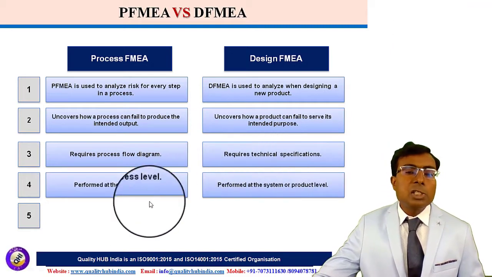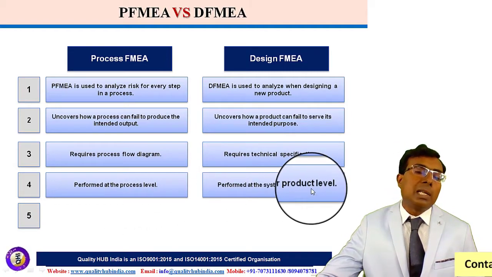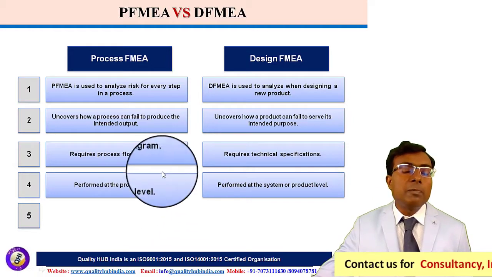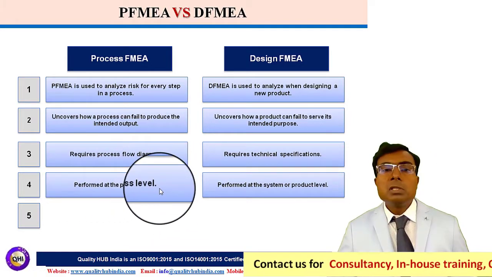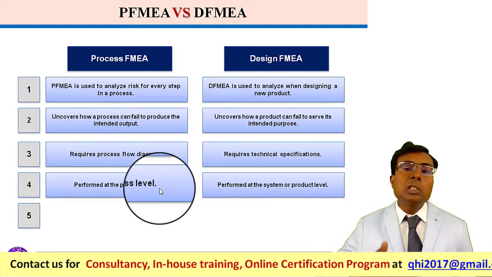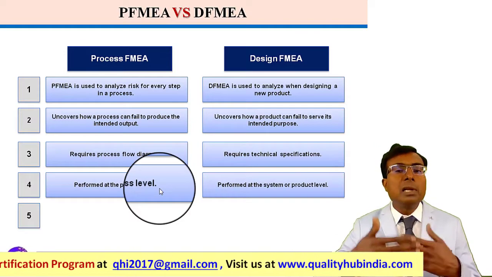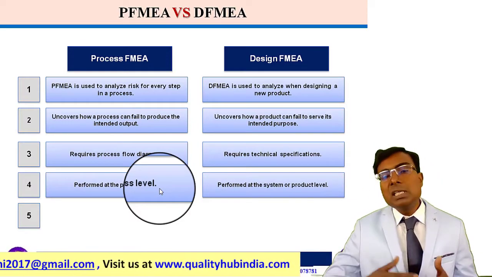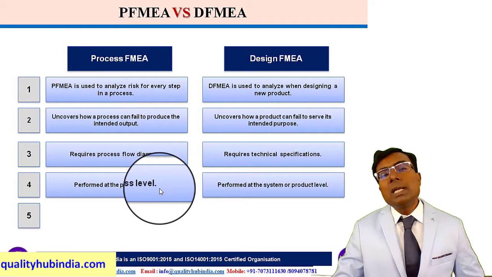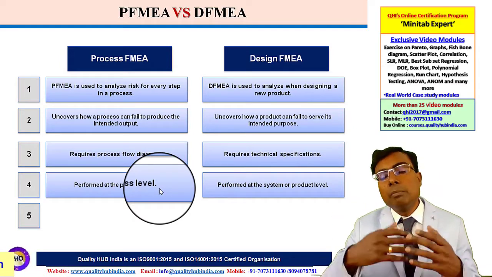The fourth difference talks about performance at process level and performance at system and product level. So when we talk about PFMEA, we basically explore the performance of the products at various process stages. If we take an example of a machining process, where the product is going through various machining operations, for example, a turning operation, a drilling operation and boring operation, what is the expected performance in turning operation? That needs to be explored. What is the performance expected in a drilling operation or a boring operation or a milling operation?